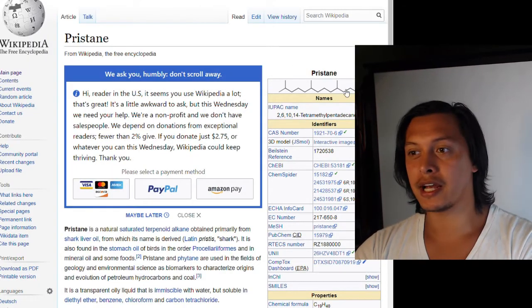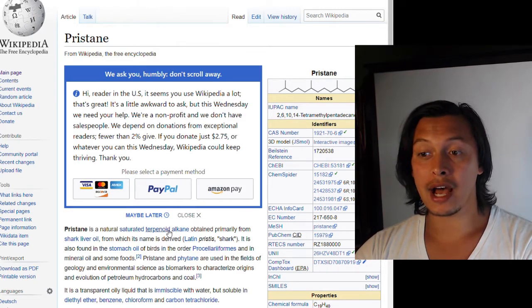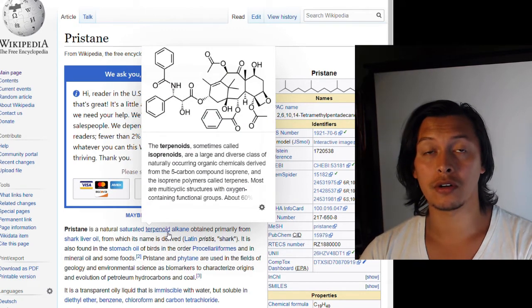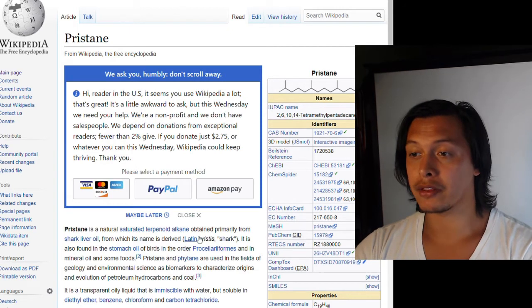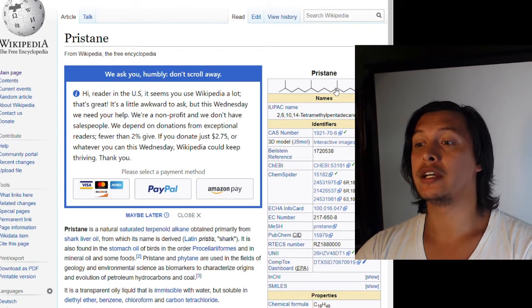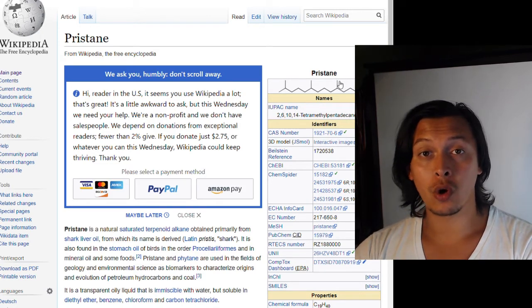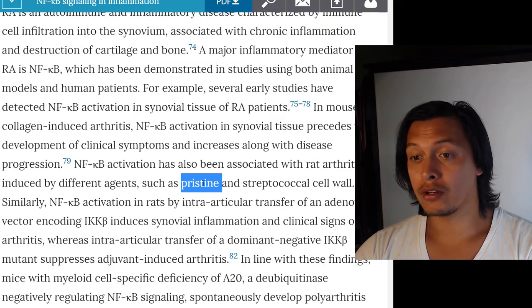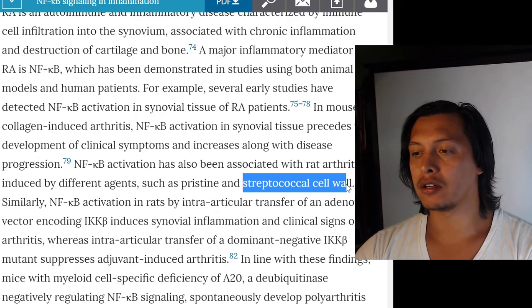So this is pristane. It's a hydrocarbon. It's a saturated terpenoid alkane. Terpenoids are chemicals that come out of isoprenoids. Regardless, you don't need to worry too much about that. Just know that this is what pristane is, and by injecting this into an organism, you can induce a form of arthritis. So we can induce arthritis with pristane, and we can cause arthritis through streptococcal cell wall,